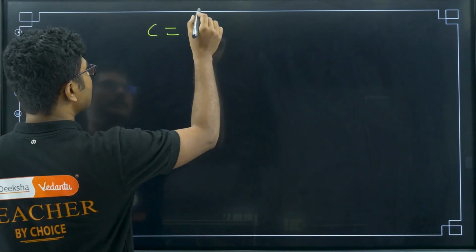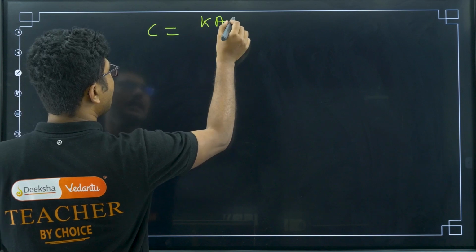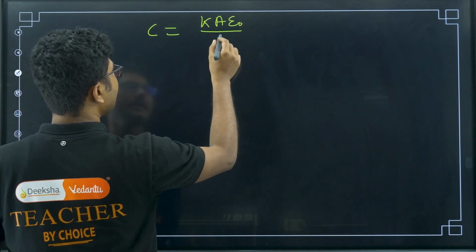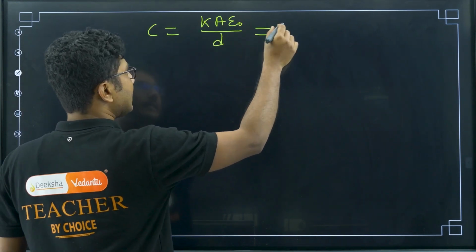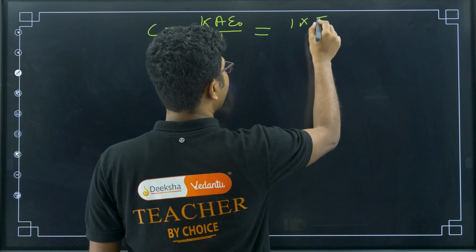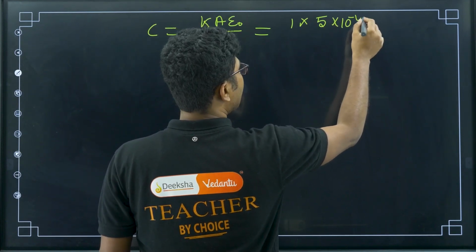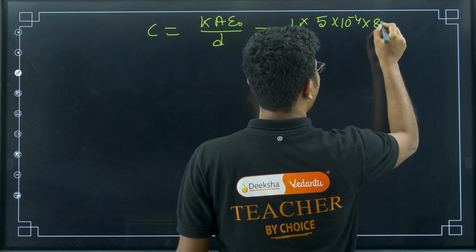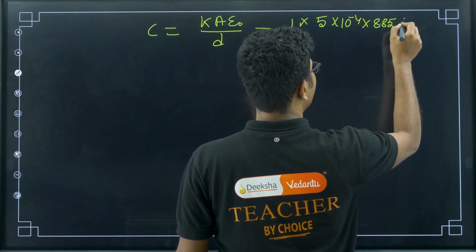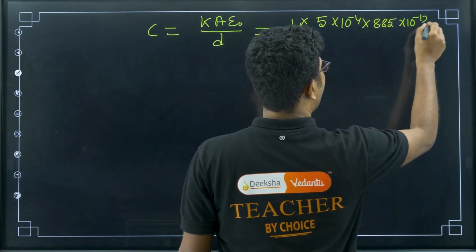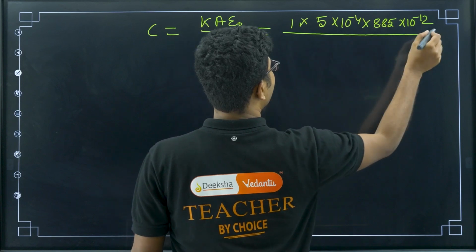So C is equal to K A epsilon naught by d. K is 1, A is 5 times 10 to the power of minus 4, epsilon naught is 8.85 times 10 to the power of minus 12, and the distance is